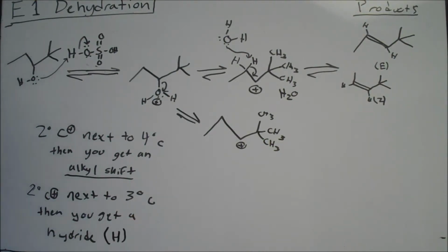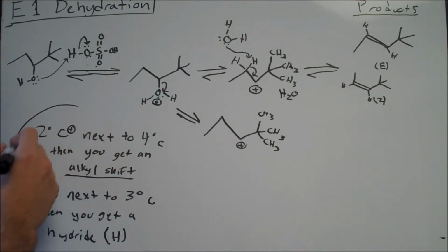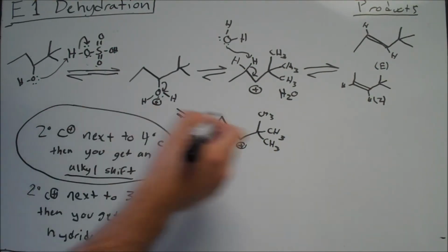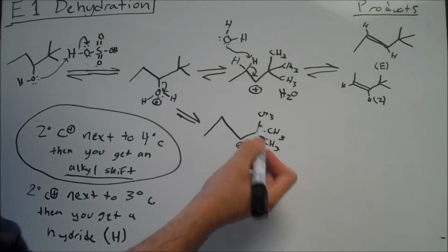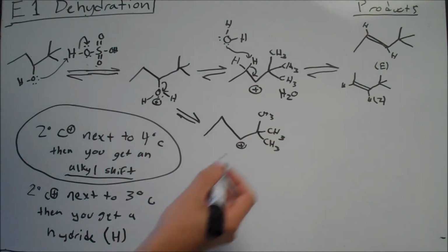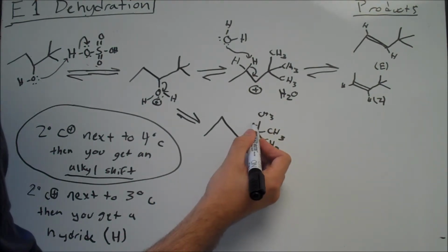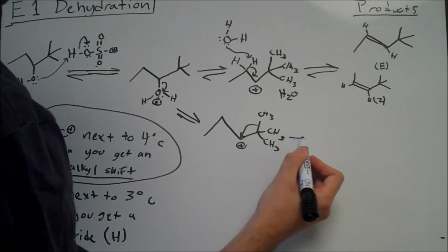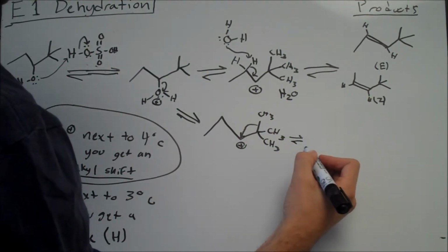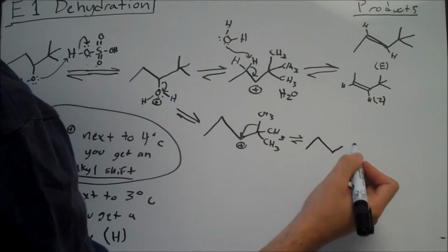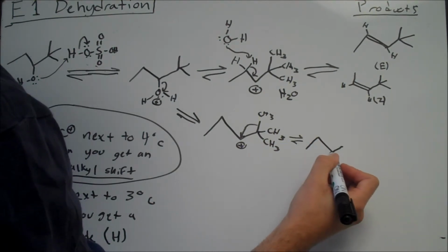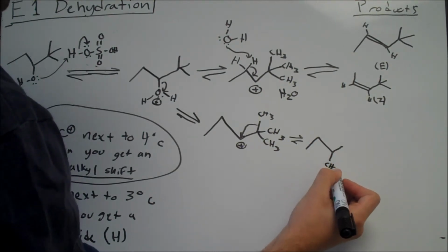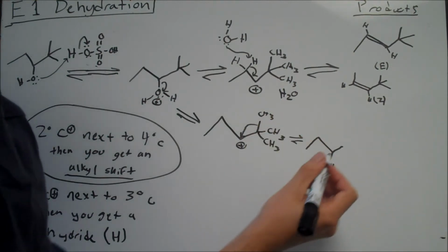It's the same idea, but let's show in the mechanism what this alkyl shift is going to be, because we have a secondary next to a quaternary beta carbon. What we actually do in the mechanism to show the movement of this alkyl, the alkyl shift, is we draw the line from the bond to the carbocation, showing that this whole group has moved over. So the product from this is going to lead us to a whole new set of possible products. So now we've got the methyl group that shifted over. This is that methyl. I moved it down.